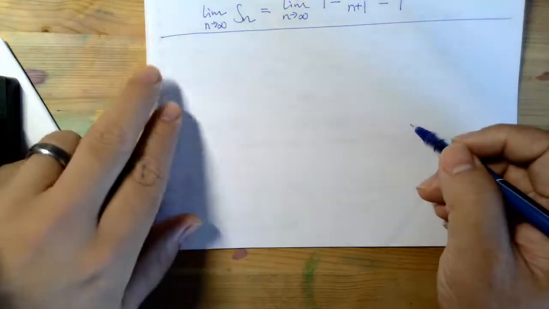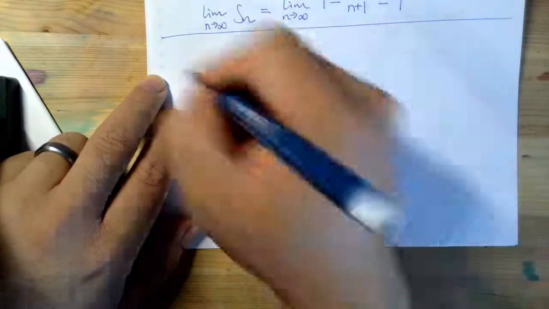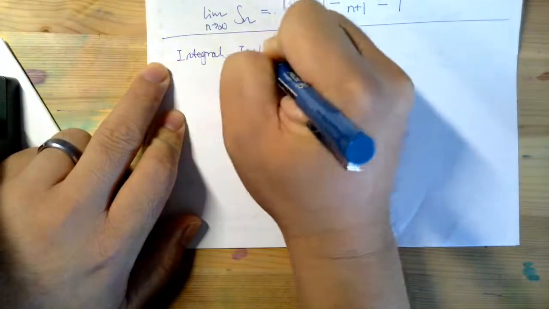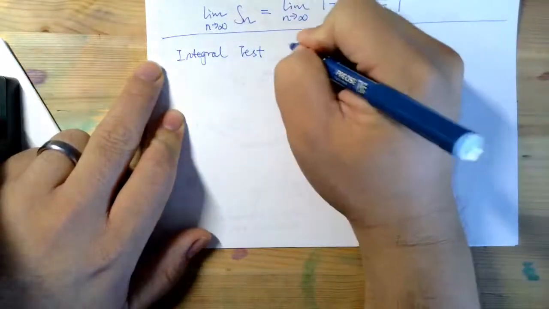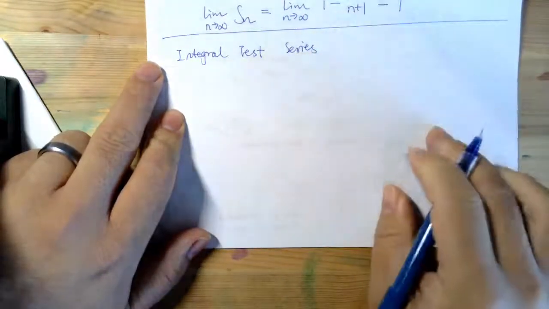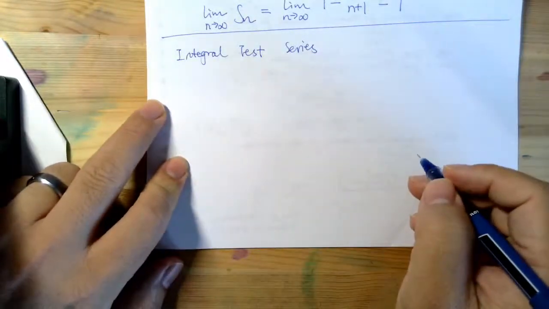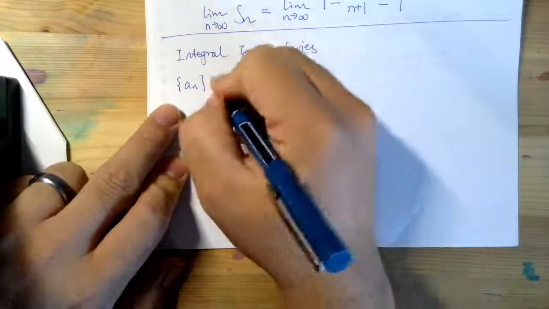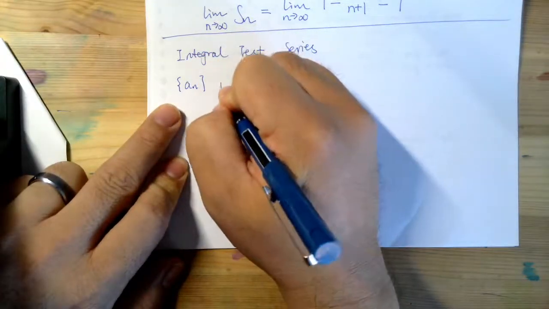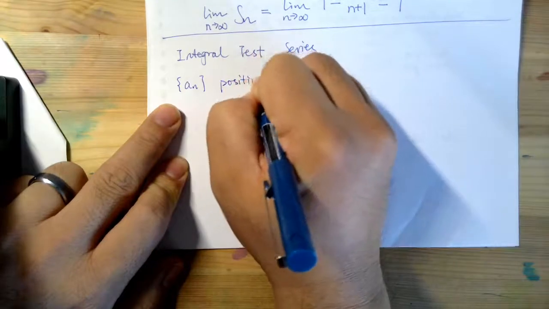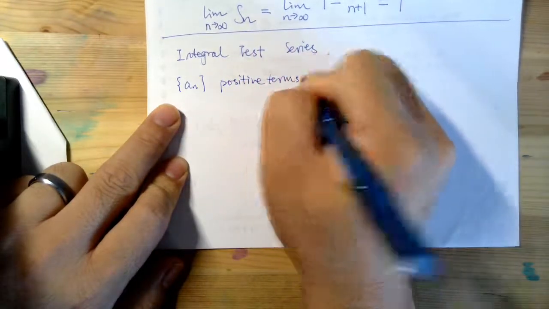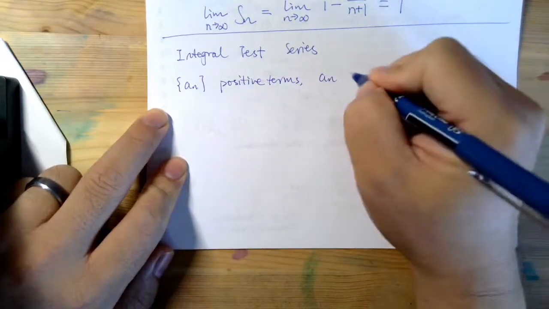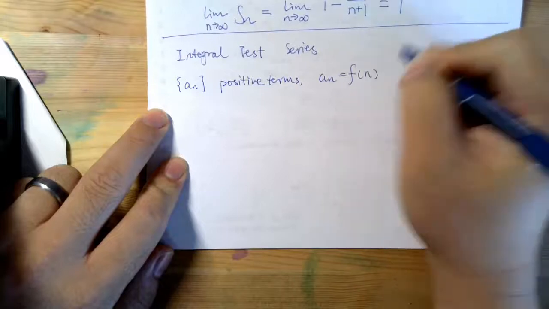Okay, so now let us talk about the integral test for series. The integral test says like this: if you have a sequence a_n with positive terms, and we let this a_n be a function type,